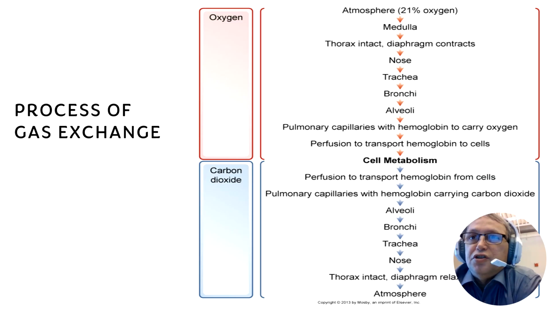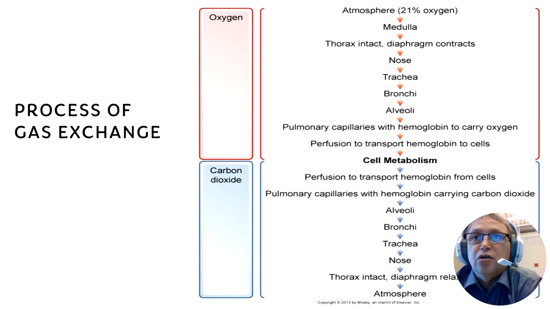The process of gas exchange is a fairly linear process. Atmospheric gas, primarily 21% oxygen, enters into the throat, either through the nose or through the oral. Drops down to the trachea, the bronchi, and into the smallest sacs of the lung, also known as the alveoli, at which point pulmonary capillaries with hemoglobin pick up the oxygen in exchange for carbon dioxide, and then through perfusion transports this using hemoglobin to the cells, at which point the cells will metabolize,